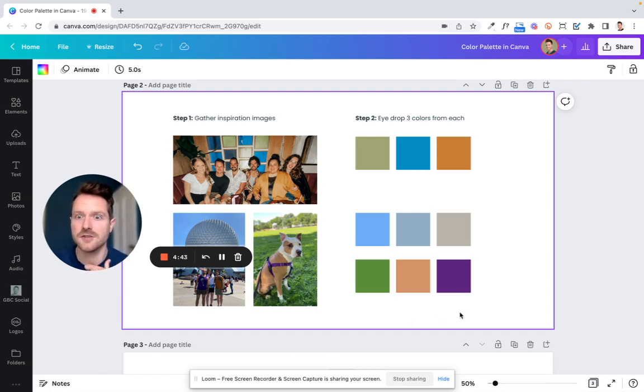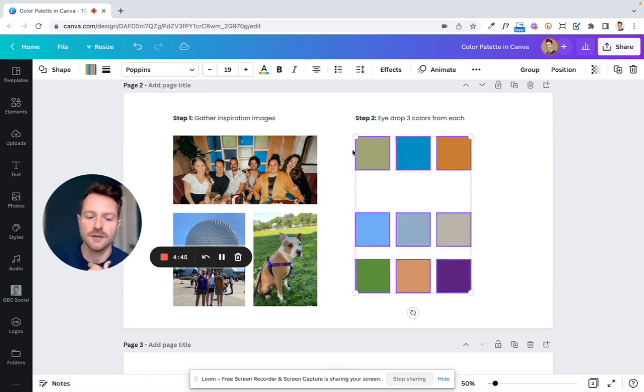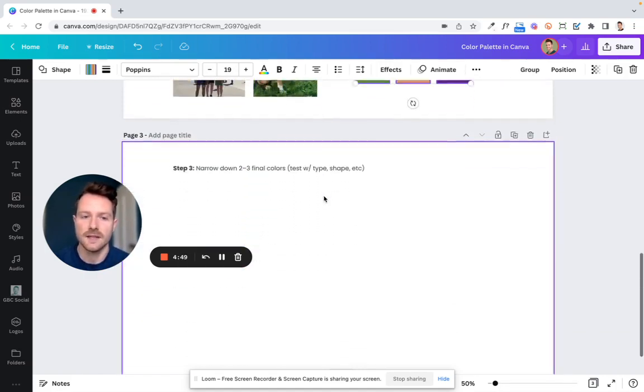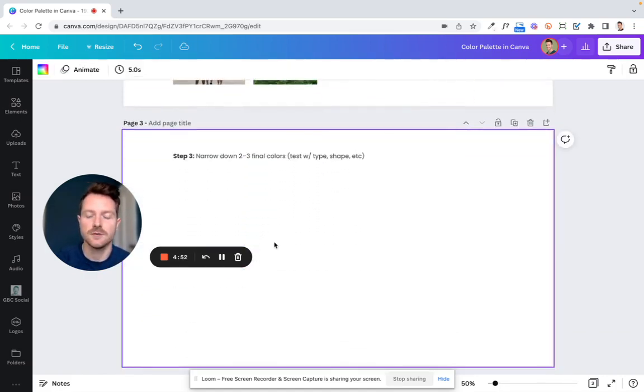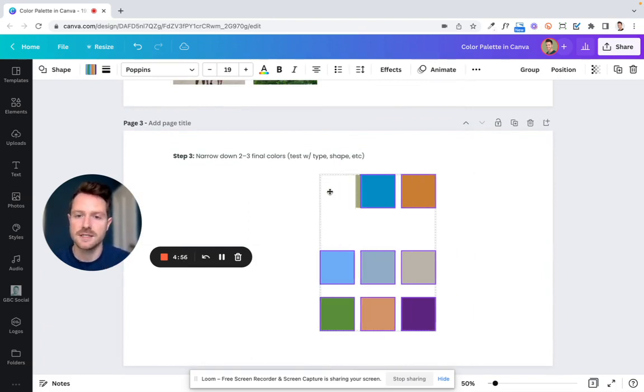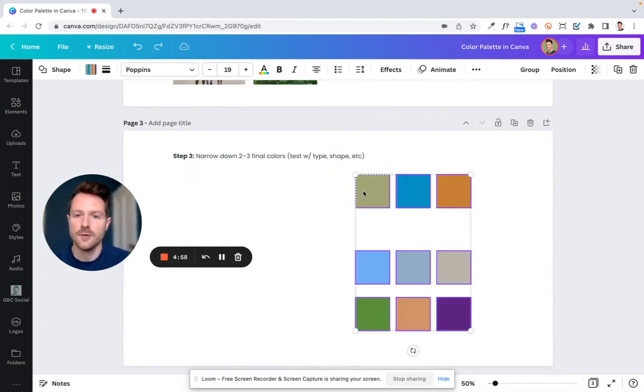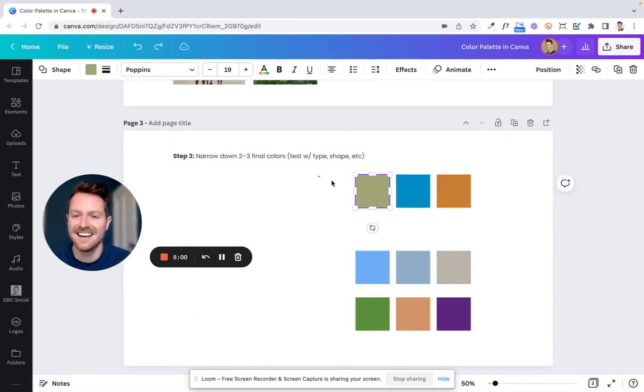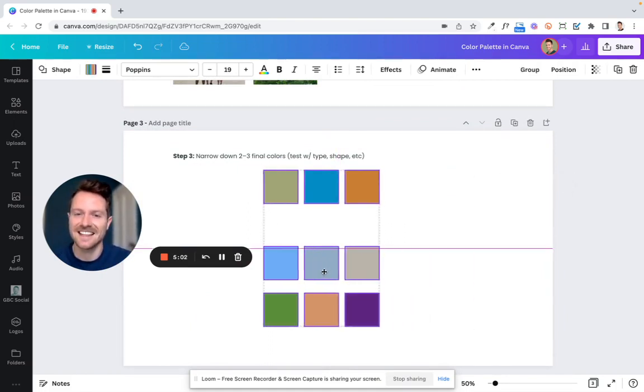Now what we can do is actually narrow the focus and create our color palette. So what I'm going to encourage you to do is select all of the colors. If you're on a Mac, it's Command-C to copy, and then come down here onto page 3. We'll do Command-V to paste. It will paste in place, and we're just going to slide it over. We're going to select everything and slide it over